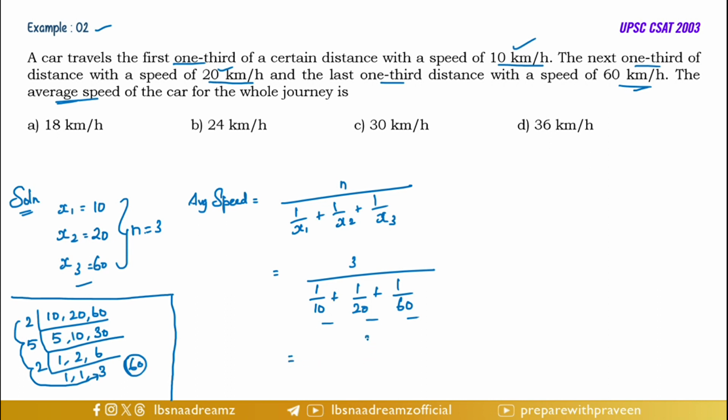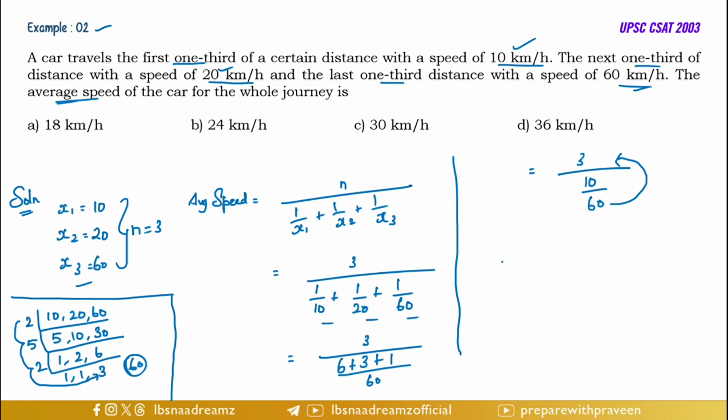So 3 by 10 6s are 60. So 6 plus 20 3s are 60. So 3 60 1s are 60. So 1. is equal to 3 by 6 plus 3 plus 1, 10 by 60. So when you move 60 here, it will become 3 into 60 divided by 10, which is